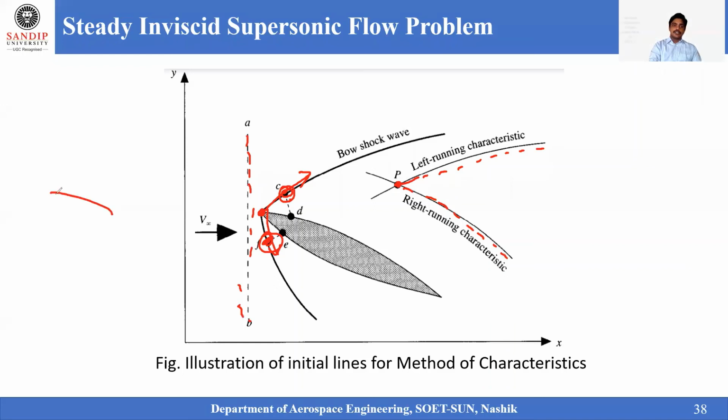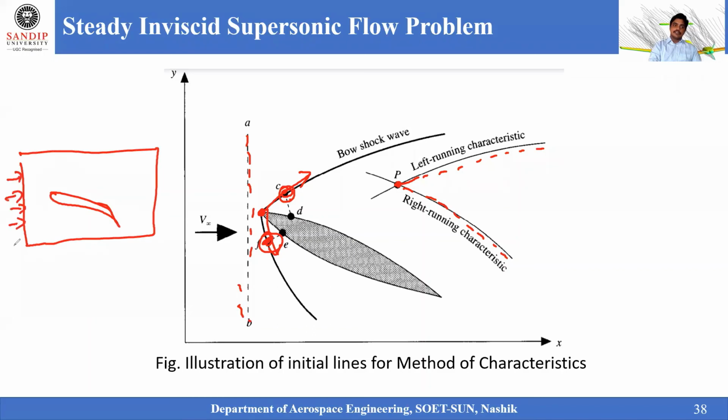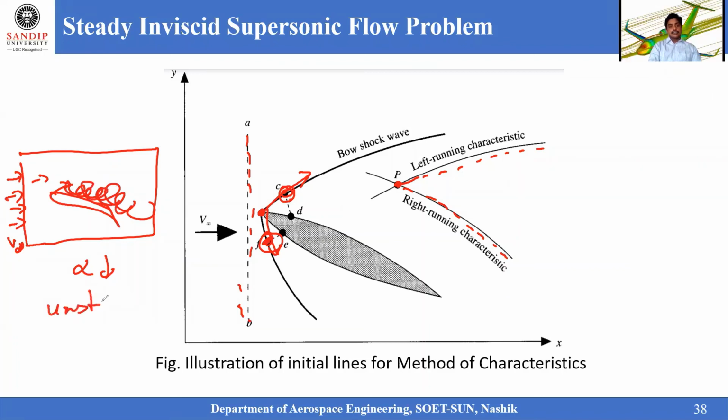So how do we approach this in fluid dynamics? We give a domain like this, and initially we define the velocity V infinity, and we ask that flow to move onto this particular body. As we increase the angle of attack, at a low angle of attack there is no separation seen on the body, but when the angle of attack is increased, there is separation. But this case will result in unsteady flows.